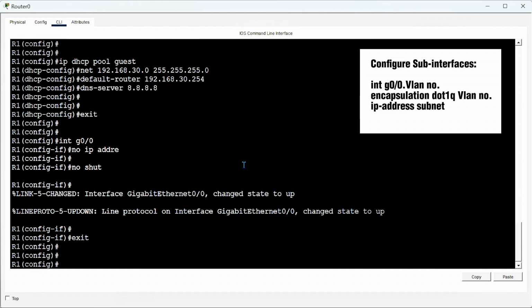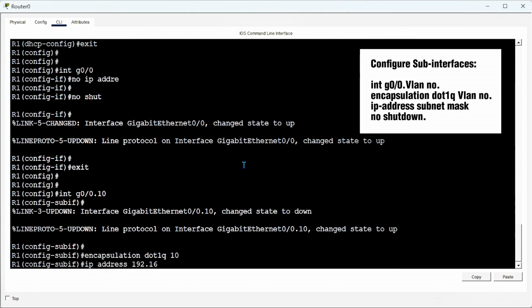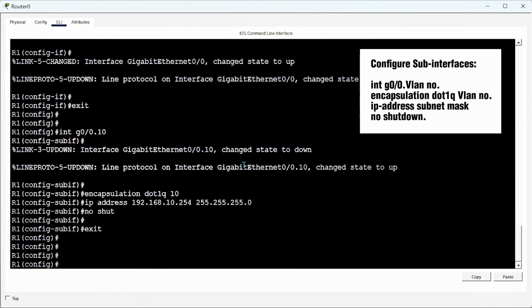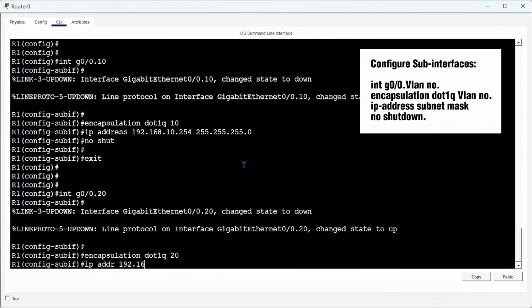Sub-interface for VLAN 10, interface gig 0/0.10, encapsulation dot1q 10, IP address 192.168.10.254, subnet mask 255.255.255.0, no shutdown, exit. Sub-interface for VLAN 20, interface gig 0/0.20, encapsulation dot1q 20, IP address 192.168.20.254,